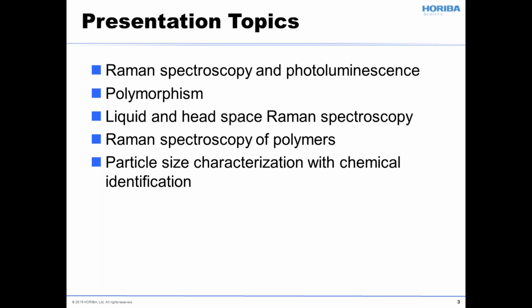Then we'll cover polymorphism and the ability of Raman spectroscopy to distinguish and differentiate different crystal forms. We'll talk about liquid and headspace Raman spectroscopy, and doing this by putting an attachment on a micro Raman spectrometer. So this can be done even with an instrument that's ostensibly a micro Raman instrument. We'll talk about the Raman spectroscopy of polymers, and then finish with a discussion of particle size characterization with chemical